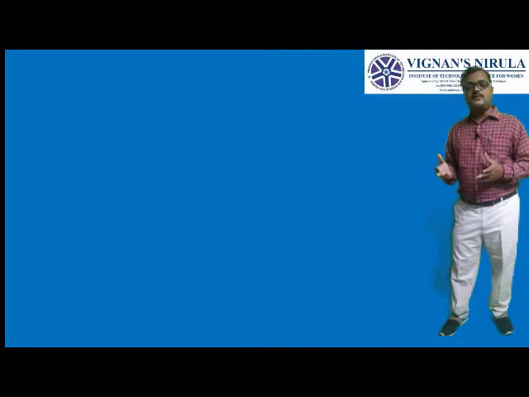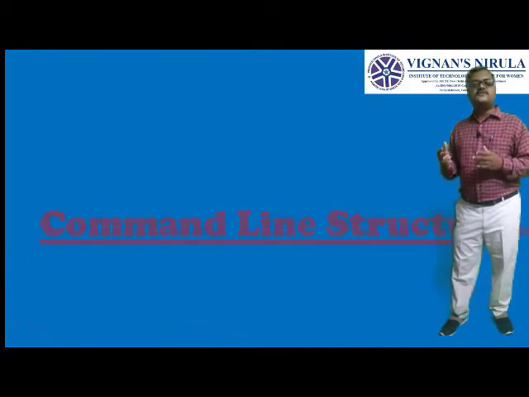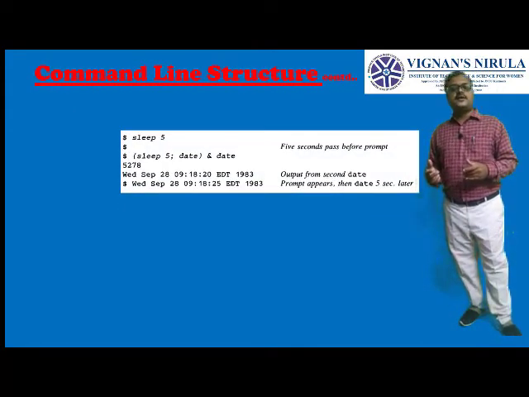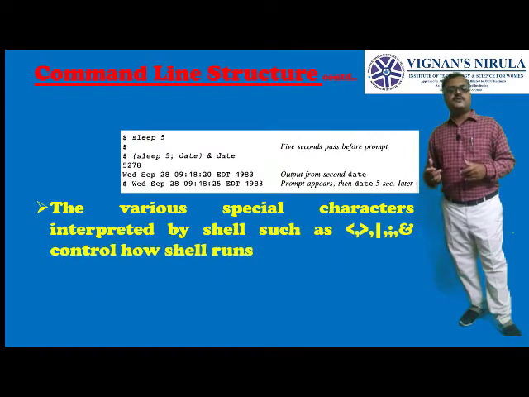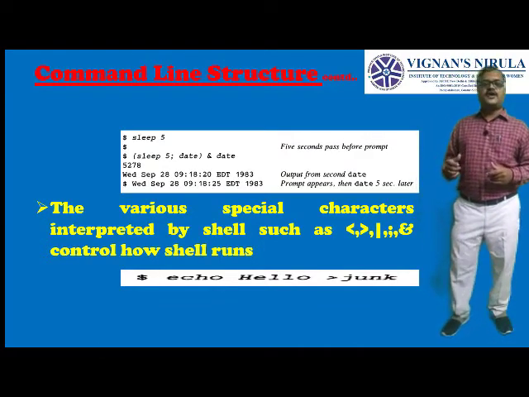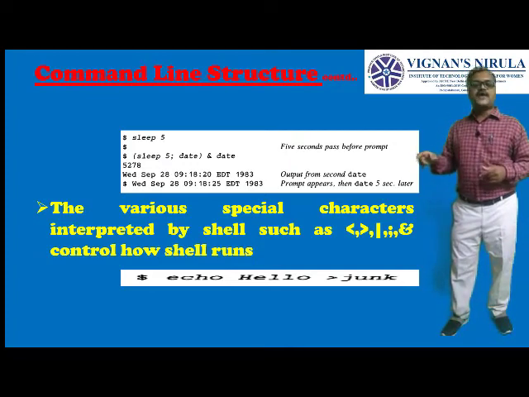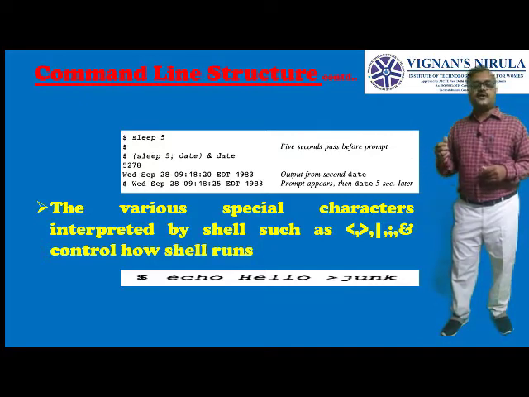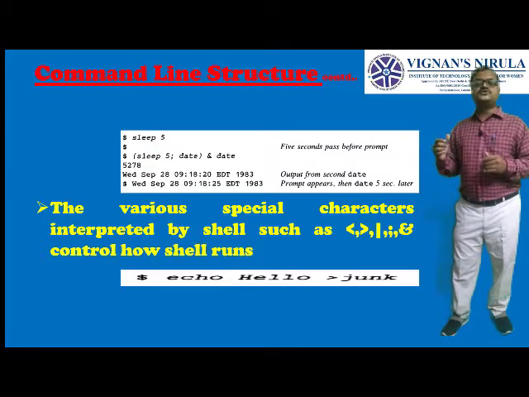So next is how to run a process in the background. Suppose if any command takes more time, we will prefer to run such commands in the background. For example, I want to know the date after 5 seconds. So what I can do is sleep 5; date, in brackets, ampersand, followed by date. So what happens is, first the date which is after the ampersand gets executed first, and those which is written in brackets